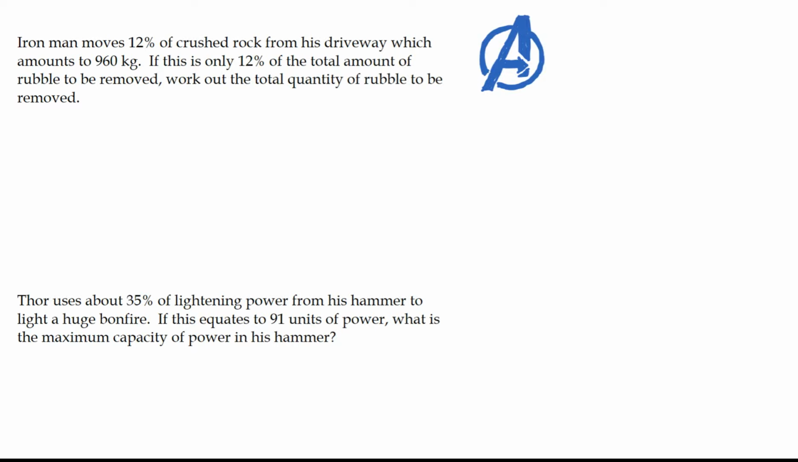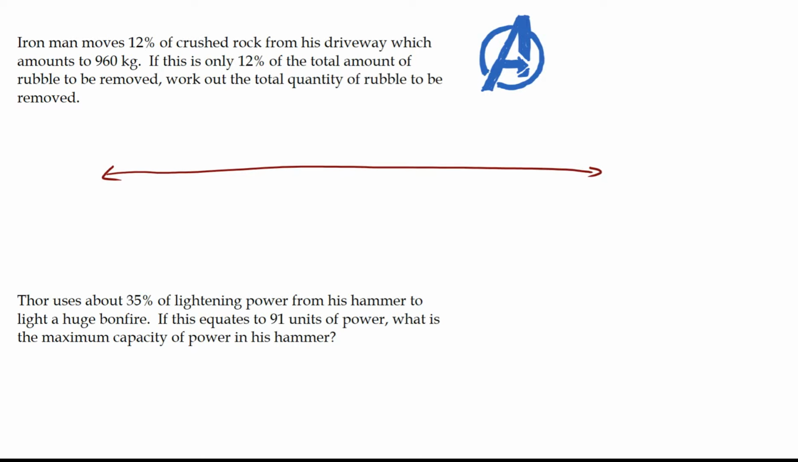Iron Man moves 12% of crushed rock from his driveway, which amounts to 960 kgs. If this is only 12% of the total amount of rubble to be removed, work out the total quantity of rubble to be removed. So the first thing we do is draw a number line,